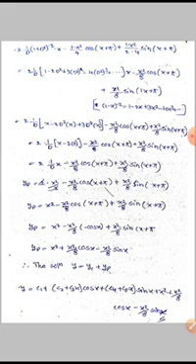After simplification we get the particular solution yp is equal to x square plus x square by 8 cos x minus x square by 8 sin x. Therefore the general solution is y is equal to yc plus yp. That is y is equal to c1 plus c2 plus c3x of cos x plus c4 plus c5x of sin x plus x square minus x square by 8 cos x minus x square by 8 sin x.